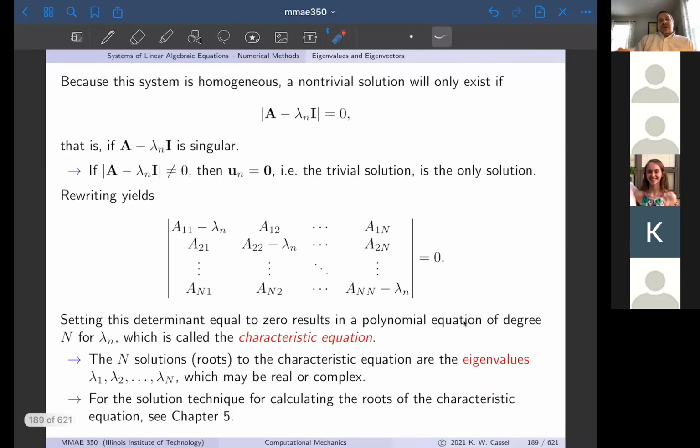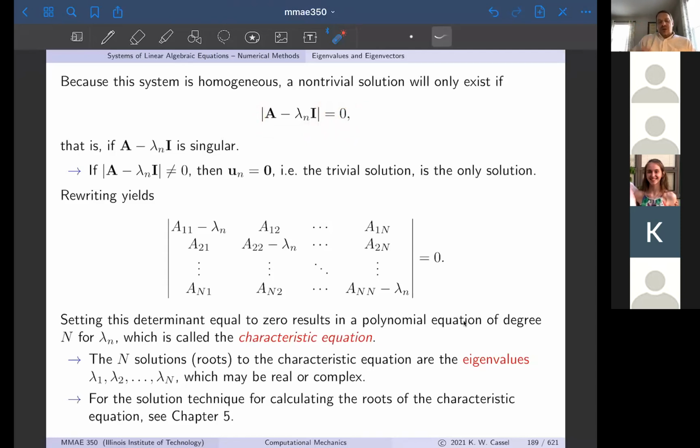So in order for us to get a non-trivial solution, the only way that could happen is if the coefficient matrix is singular, such that its determinant is equal to 0. And you notice now this is not bold, this is a scalar 0 because it's the determinant of this A minus lambda I. If that is equal to 0, then the coefficient matrix A minus lambda I is singular. And because it's a homogeneous system, that's the only way that we could get a non-trivial solution. I know that's a little confusing. It's the opposite of what we